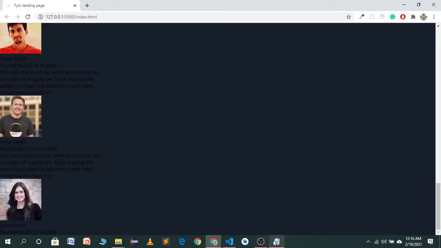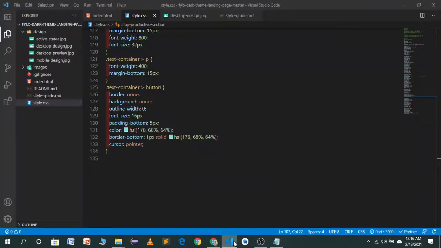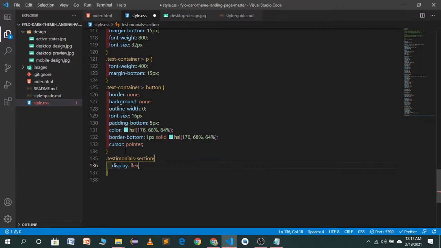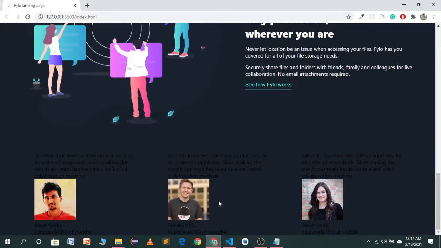We want it in the vertical direction, we want it in the horizontal direction, and the flexbox is the best feature of CSS that we can use for this alignment. Display flex, justify content space evenly, align items center. Let's see how it looks. As you see, it has aligned beautifully, but we just want to reduce the size of these images.